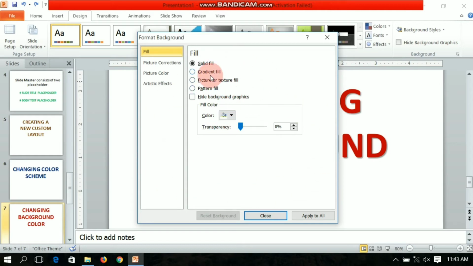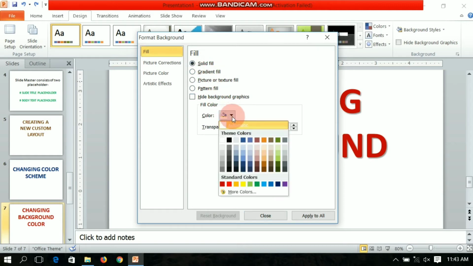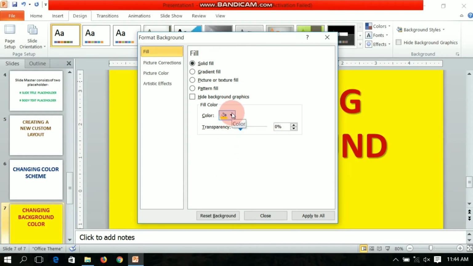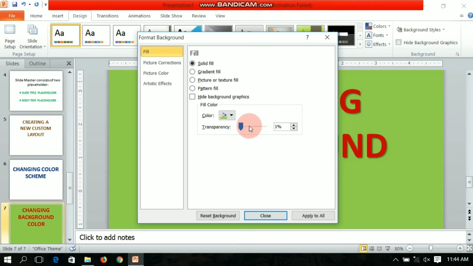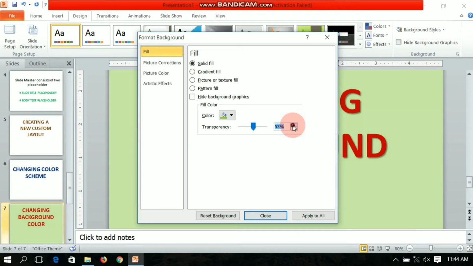If you want only color, solid fill, then you can just click on that and you can choose any color from these. Okay, for example I am using light green. Okay, and you can increase the transparency of the color. See, now the background is lighter in comparison to the previous one. You have to see the difference in the background as well, which I am changing. Okay,